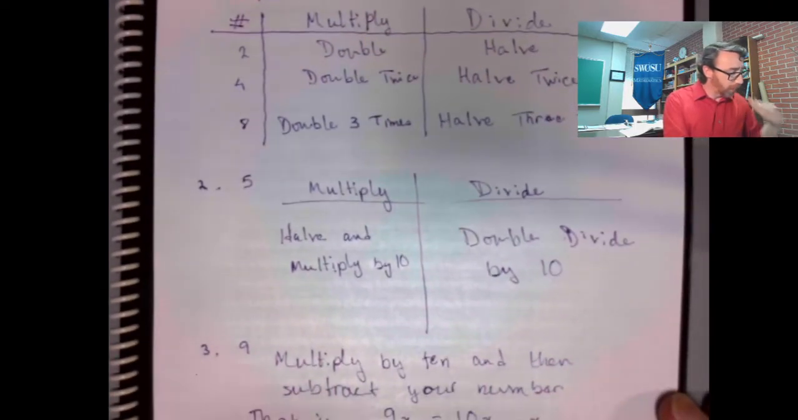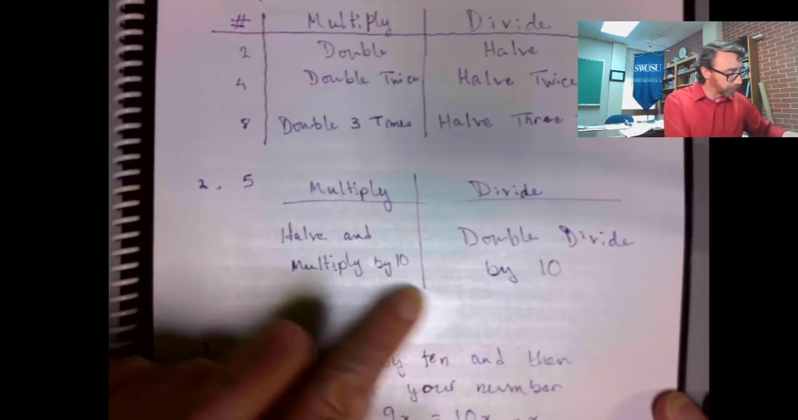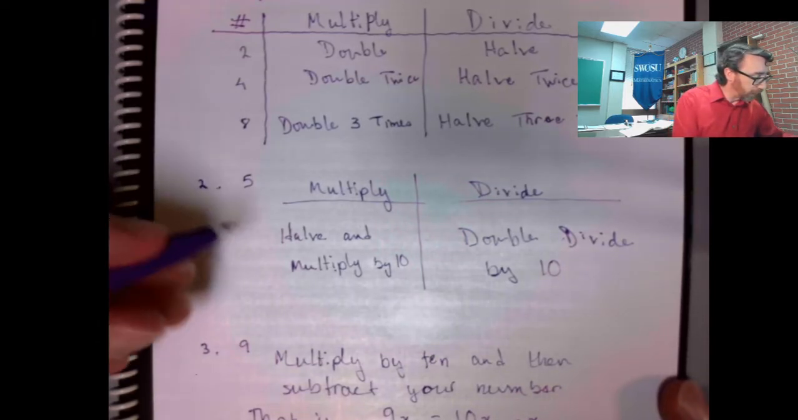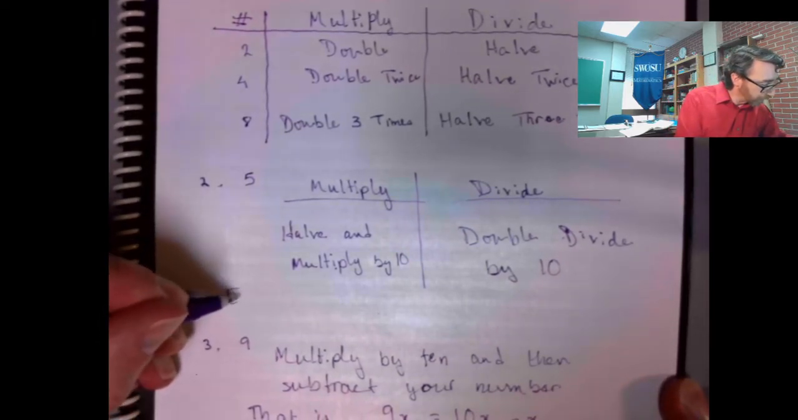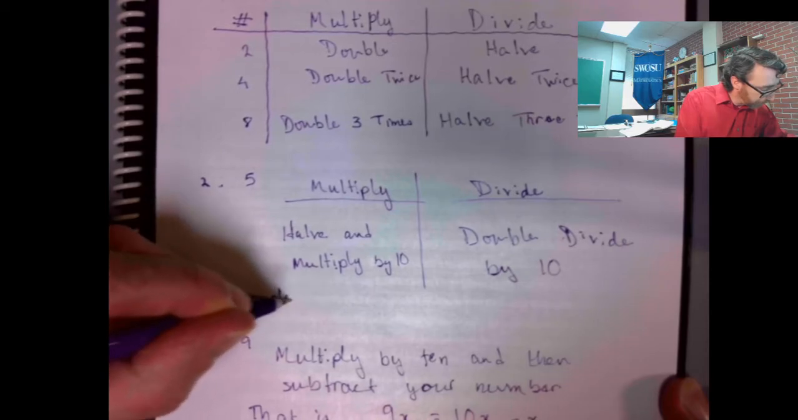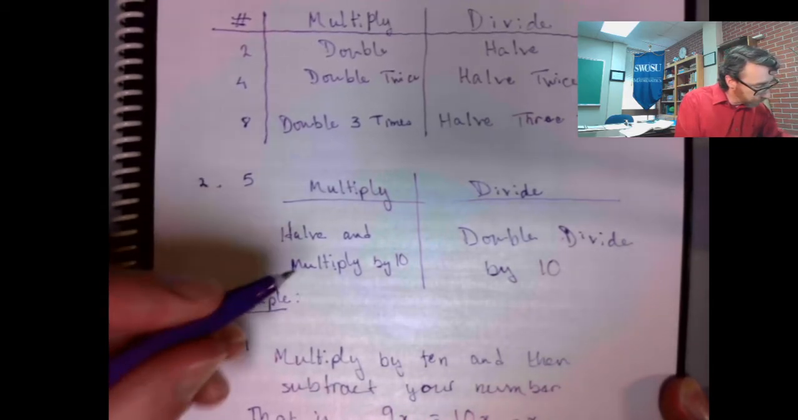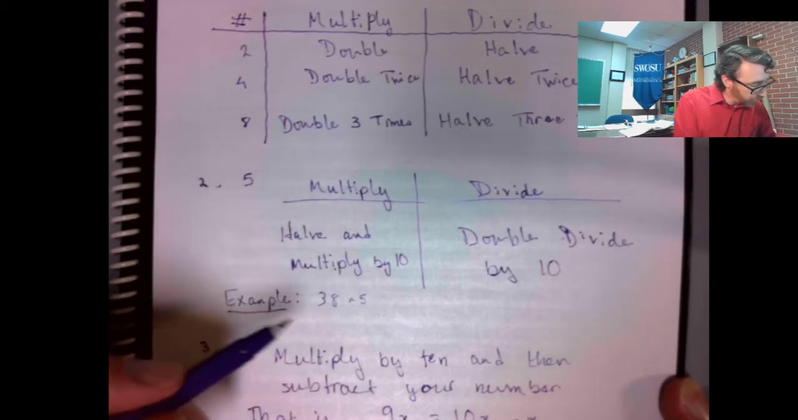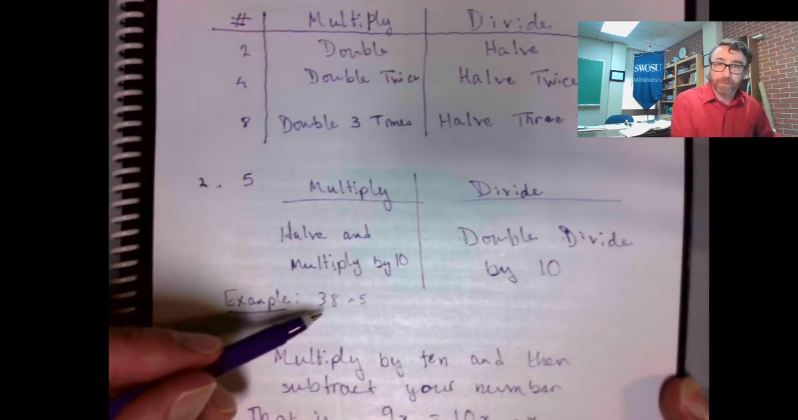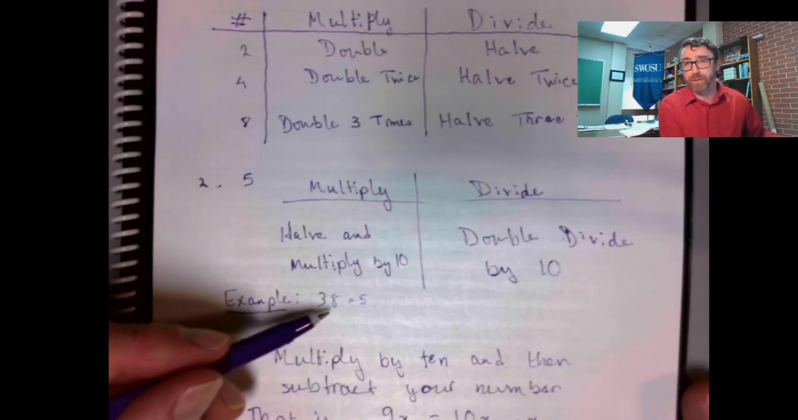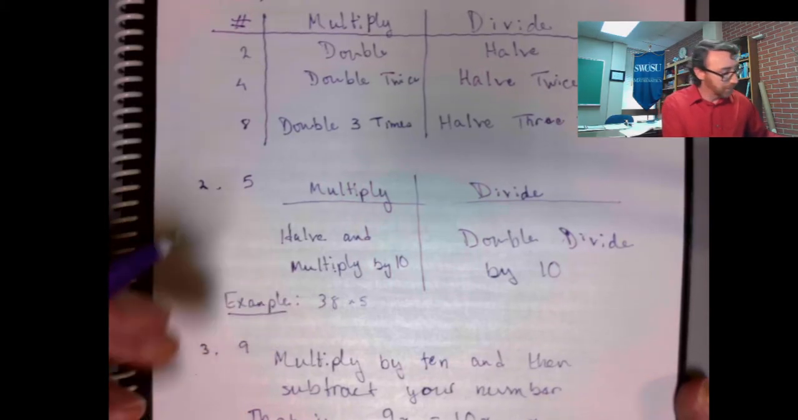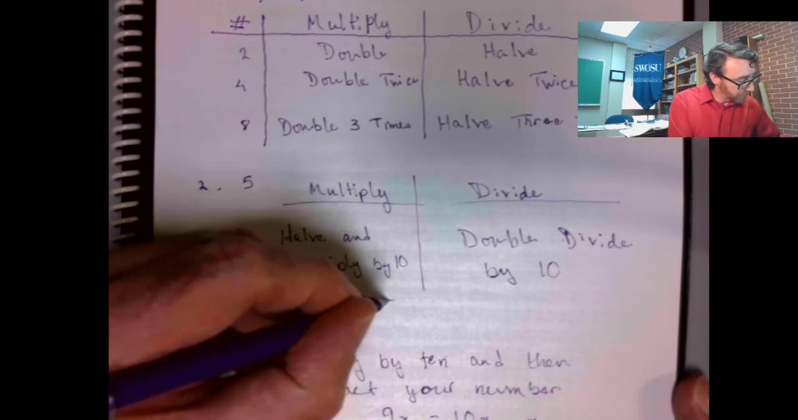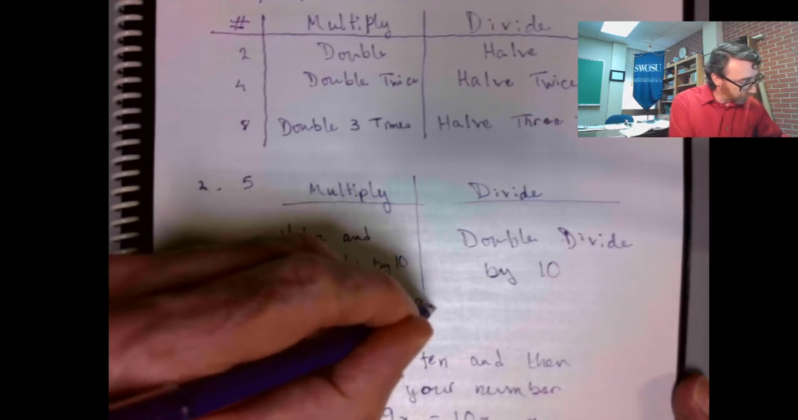And let's just throw in an example for multiplying by 5 just for fun. 38 times 5. Cut that in half. 38 cut in half, oh gosh, what is that, 19? Cut that in half and multiply by 10. 19 times 10,